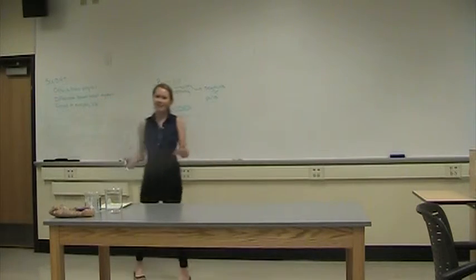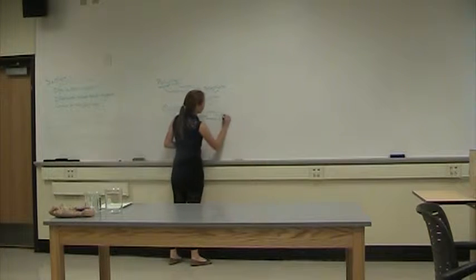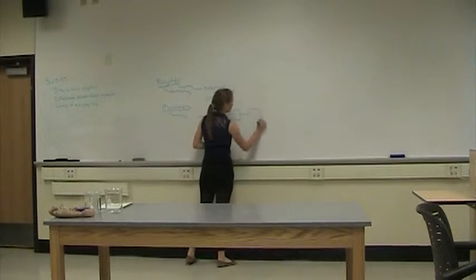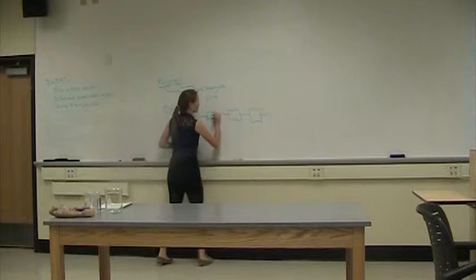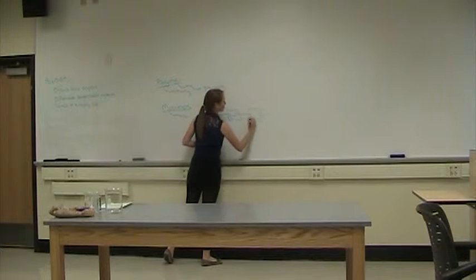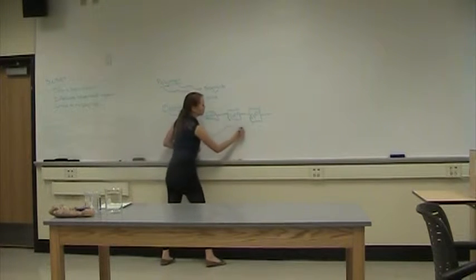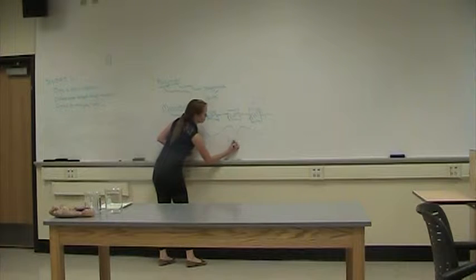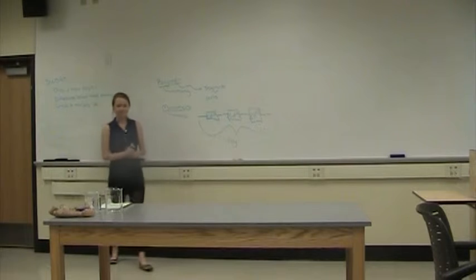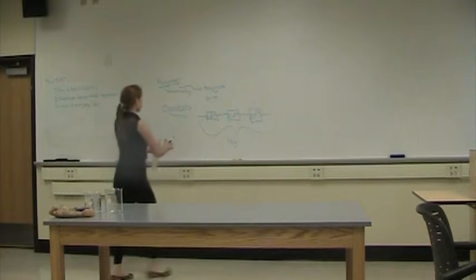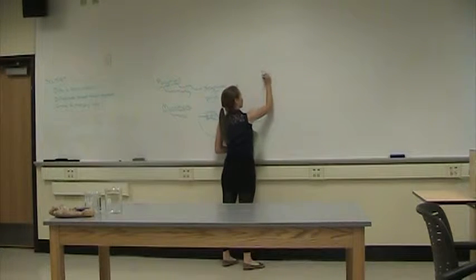So if we were to draw that in a cartoon, we would have this long chain. Each one of these is a monomer, and then this whole segment here is a polymer. Does that make sense? Simple enough? Okay. All right. So now another polymer